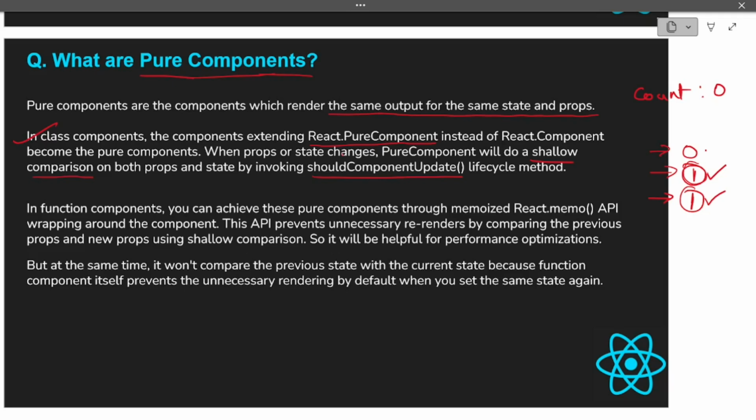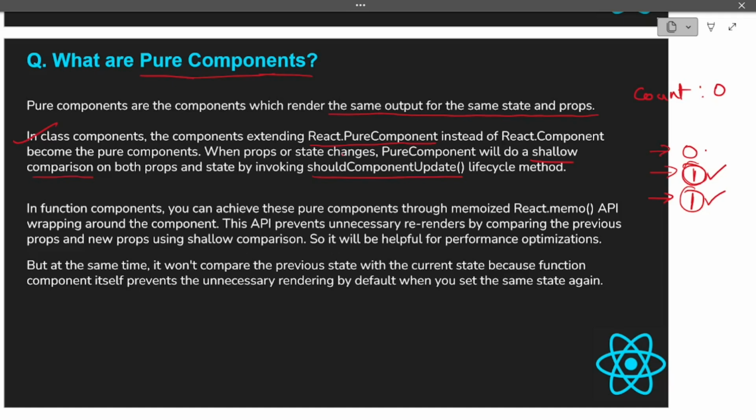So what it will do behind the scenes is, every time there is a state change or a prop change, it will do a shallow comparison between the previous value and the current value, and then see whether the new value that has updated is actually a different value, or is it the same value as the previous one. And if it is the same as the previous one, then it will not re-render your component, and thus it will make your app very performant. It will not have extra operations. Basically, for every state change, a re-render will not happen. So I hope now you have got how we can avoid extra re-rendering in a class-based component using PureComponent, right?